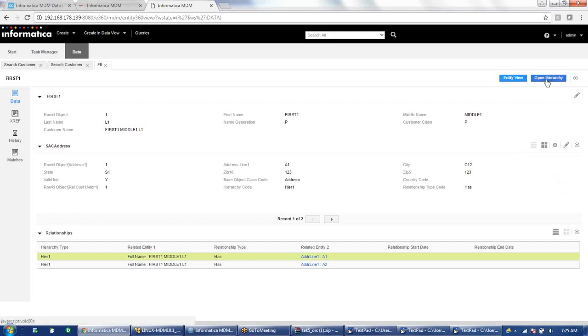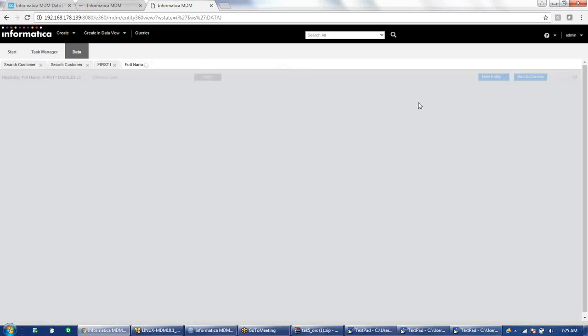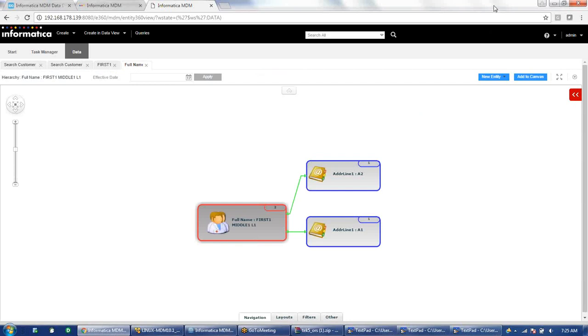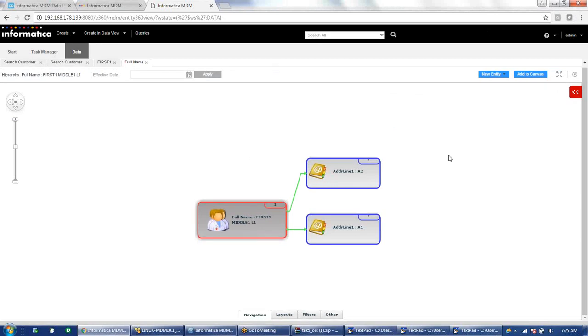And on the top, if you see, an open hierarchy button will come. In MDM we have seen the hierarchy. Similarly, we can see the hierarchy here itself in the IDD also. You can see a similar structure coming here also. The same thing was coming when we configured this HM in MDM and went to hierarchy manager; we had seen the same options.